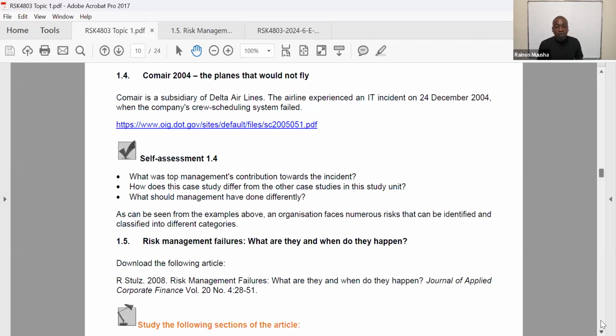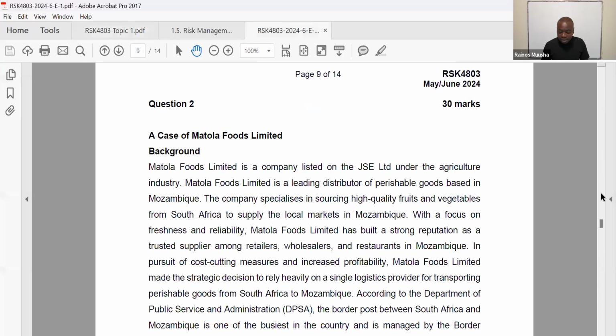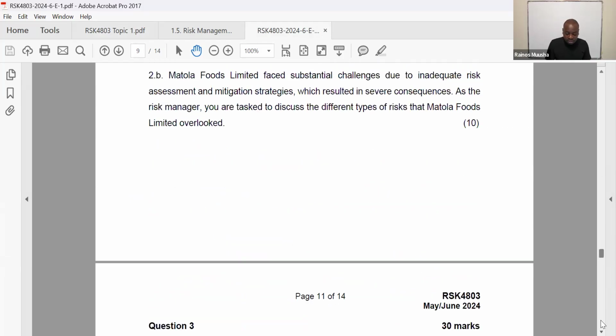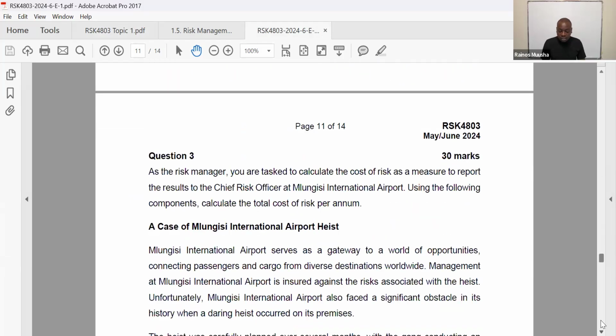So when it comes to how the lecturer asks questions from Unit 1.1 to Unit 1.5, typically this is how the lecturer would bring the question in the exam. As you can see here, in the May, June 2024 exam, they gave us a case study of Matola Foods Limited. So they gave us a case study, and then based on this case study, they now go on to say,